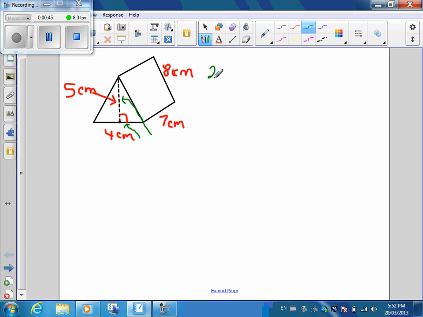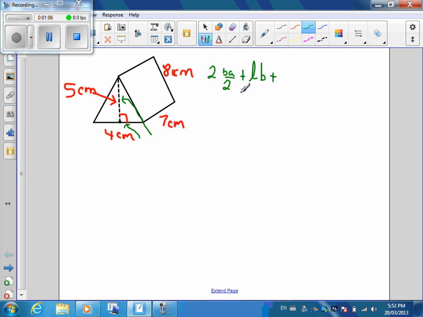That is 2 triangles, which is 2BA over 2, plus the floor. Remember, the floor will always be length times base,